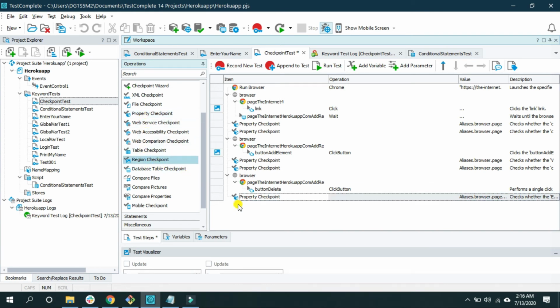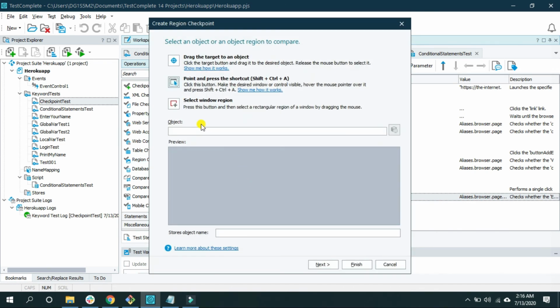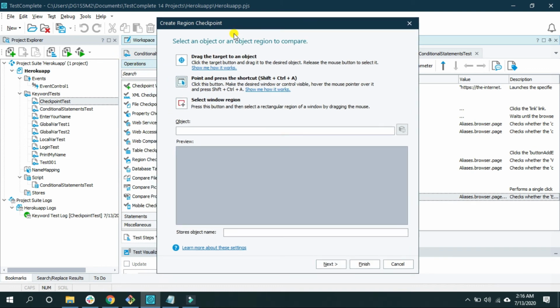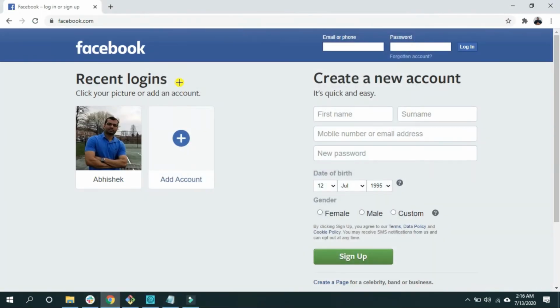Just drag and drop in your keyword test, and you have these three options. Either you drag and drop on the Facebook image, or you can select the window region. I'm going to use the selected window region. Once I click on it, my cursor will change into this small plus symbol, and I can select this Facebook logo on the landing page.